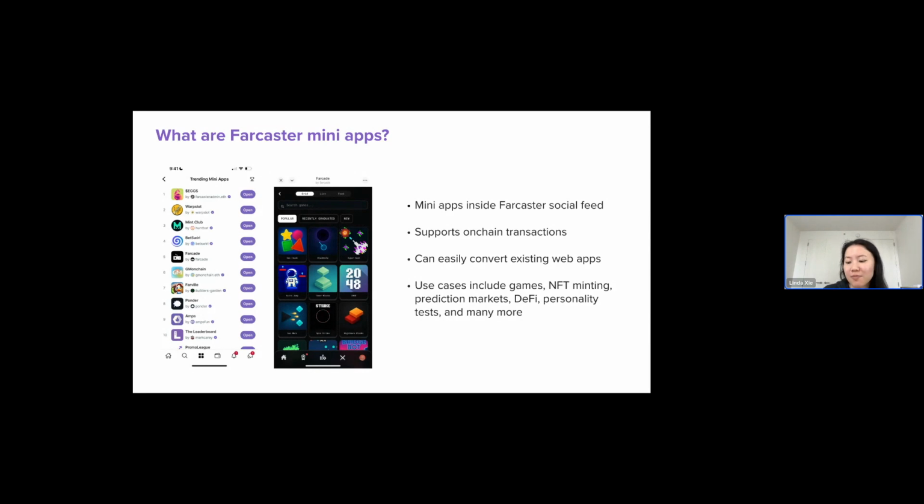Here are a few examples where you can analyze all your past cast history and determine what kind of personality type you are, or some attributes. A popular one that went viral the other day was which Hogwarts house you are, based off your prior cast history. The cool part there is you don't need permission to pull in all this cast data, because it's all part of the network.